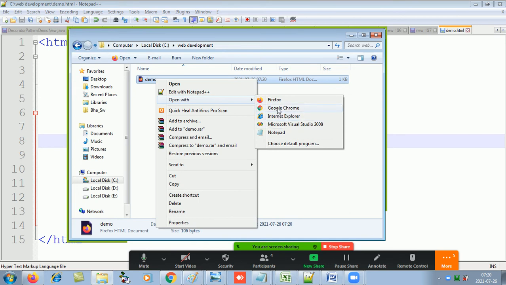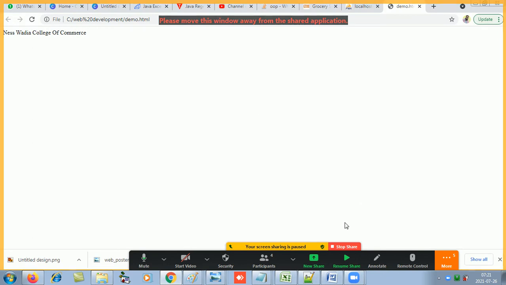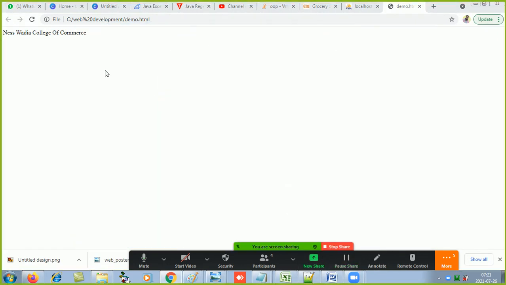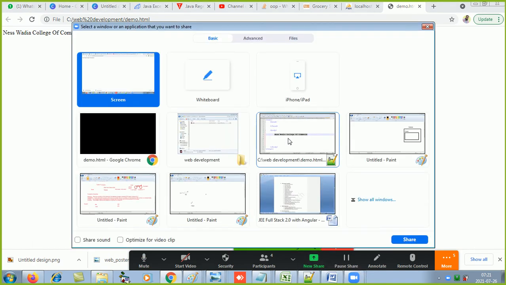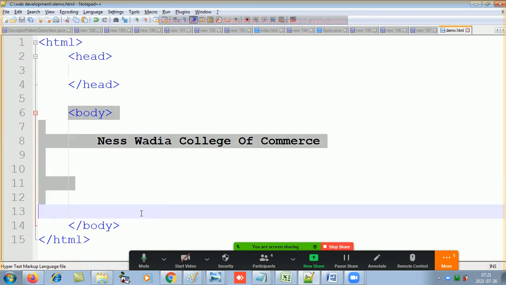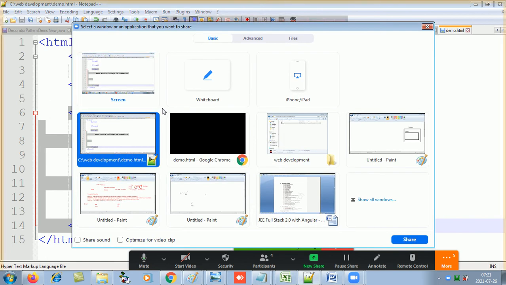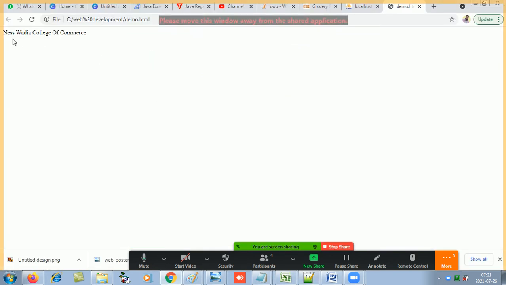So I'll prefer Google Chrome. So right click, open with Google Chrome. And now if you see the output, it has shown me NES Wadia College of Commerce, whatever text I wrote. Whatever text I wrote in the body is reflecting on the browser in the browser's default